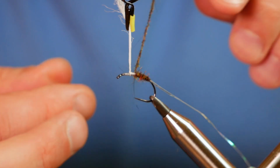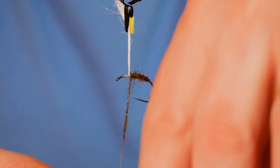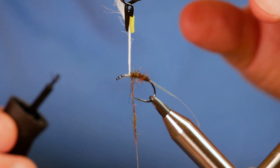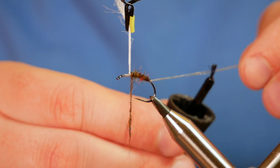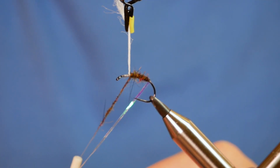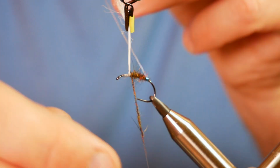And I'm on the last wee straighten out. And as I get level with the post, I'm going to stop there. Then, because I'm using the mylar here, it's pretty tough, but I want to make sure if this ever sees the light of day for fishing, that the teeth of the fish don't damage my rib. So I'll just catch a bit of super glue onto the inside. I'm going to have one turn onto the bare hook shank here, and then I'm going to bring my rib up,